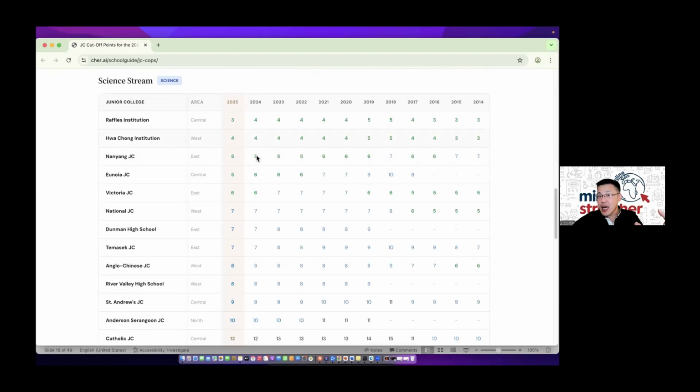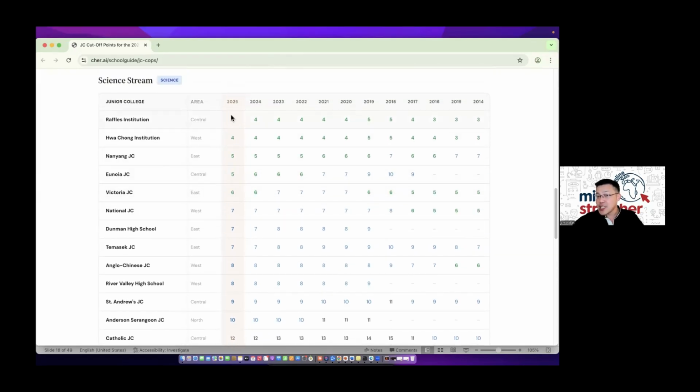And you can also see science stream, right? So science stream, you can see some of them dip down a bit. In fact, Raffles went down to 3, right? So 3, you can think of it is pretty mind-boggling, really. So literally, that means you are in a really great position with regards to your R1, R5, plus you have bonus points that you are deducting, right? Usually the minimum that you can go is 2, because if you look at a perfect score of a 6, you minus away 2 bonus points for maybe affiliation or 2 bonus points for mother tongue or CCA, a max of 4, you get 2. So this is actually not too far away from the minimum really.